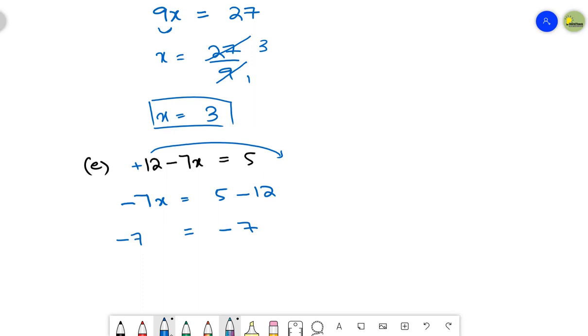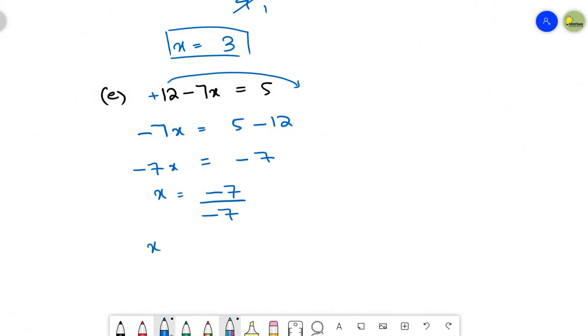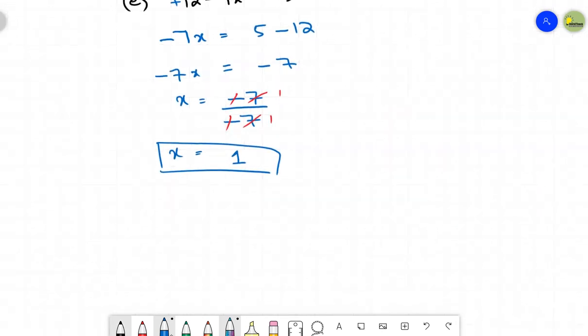And this is minus 7x. Now you need to shift minus 7 to the other side of the equation, but keep in mind that it will be written in the denominator. So minus 7 upon minus 7, just cancel the two negative signs. Minus minus is plus, and 7 ones are 7, 7 ones are 7. So you can write only 1 in your answer. Plus 1 is going to be the answer. Why? Because in the denominator there is no need to write 1, so you are only writing 1 in the numerator.